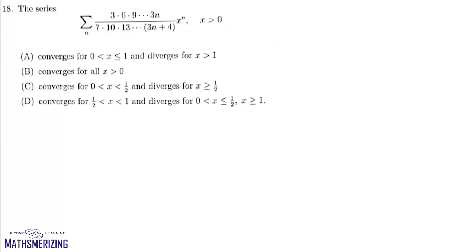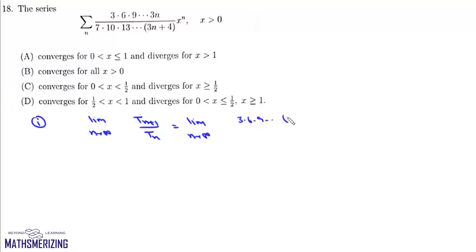Now question number 18 is, we are given this series. Now we need to find convergence and divergence of this series. First we'll use the ratio test. We'll find the limit as n tends to infinity of Tn plus 1 upon Tn. Now Tn plus 1 will be 3·6·9 up to 3n and 3n plus 3, upon